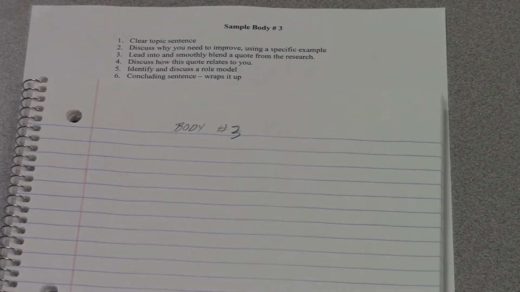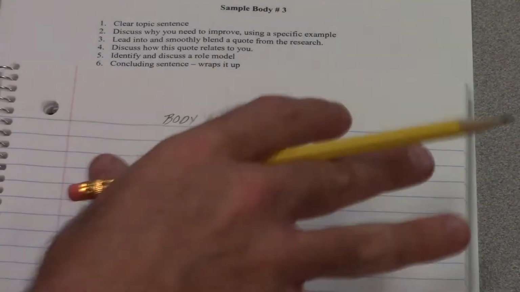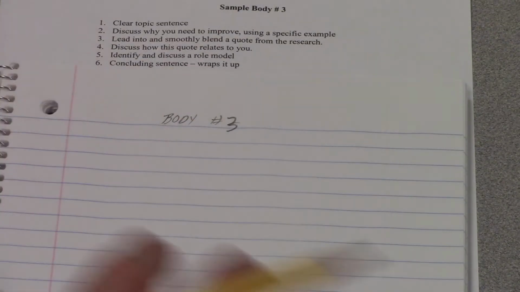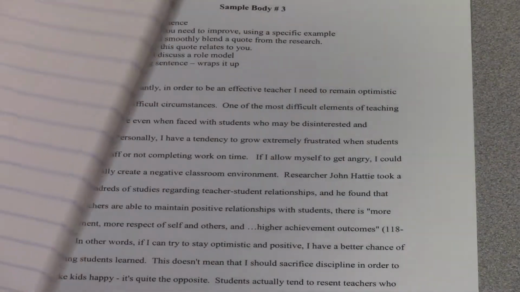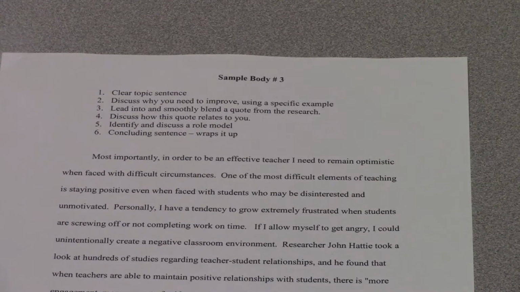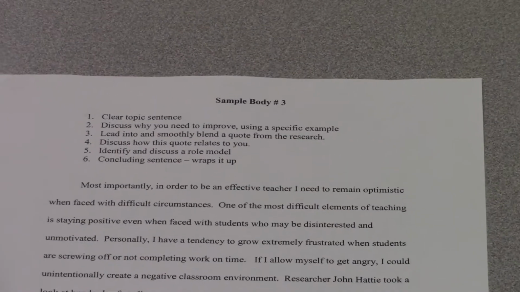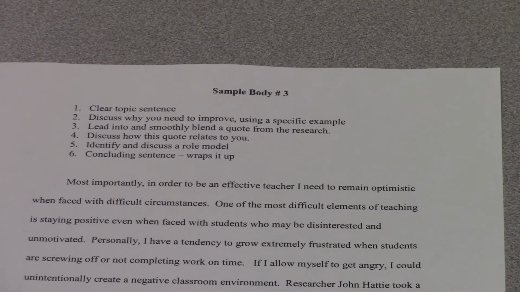You're also just going to want a notebook if you want to label body number 3, just so you know which paragraph it is as you're drafting. That's fine, or you can just continue on if you're rough drafting it, indented, as we go through it. So have those two things out. Okay, I'm going to walk through the steps for body 3.